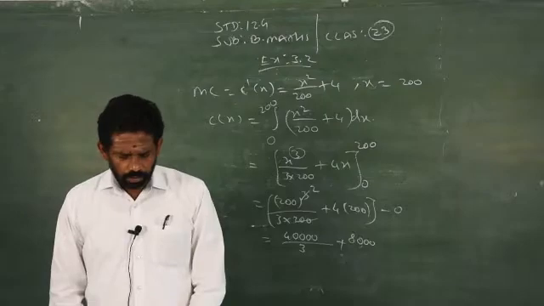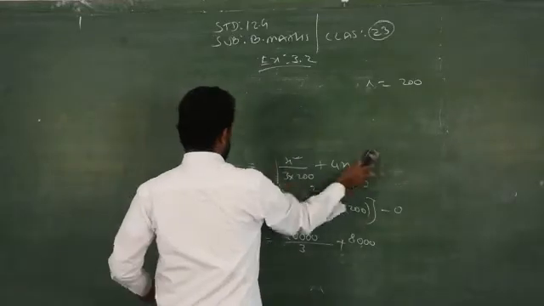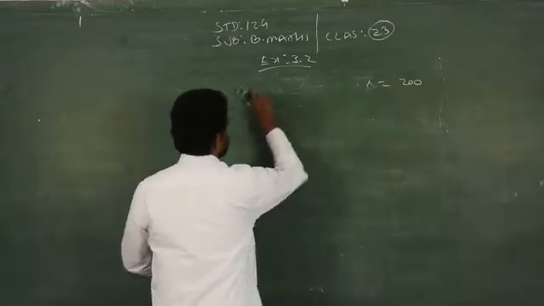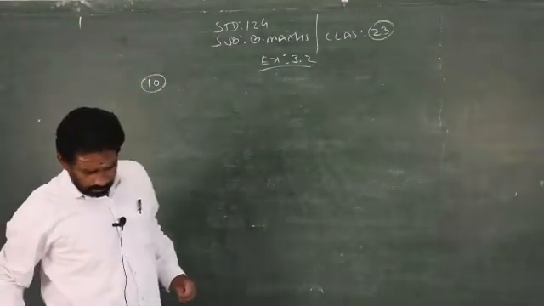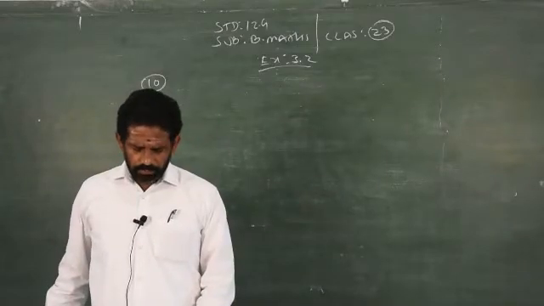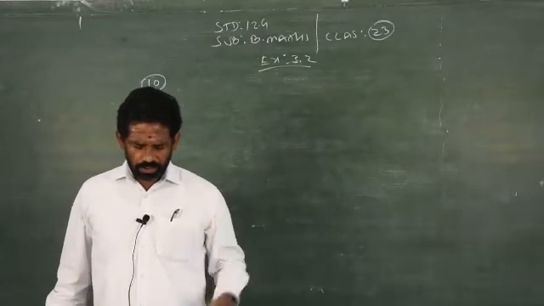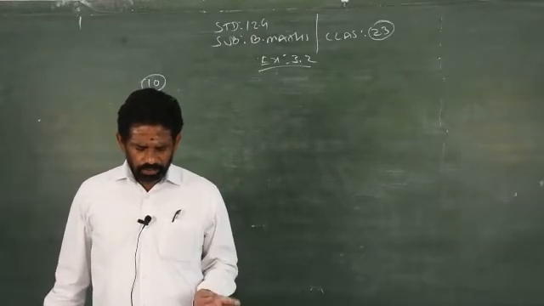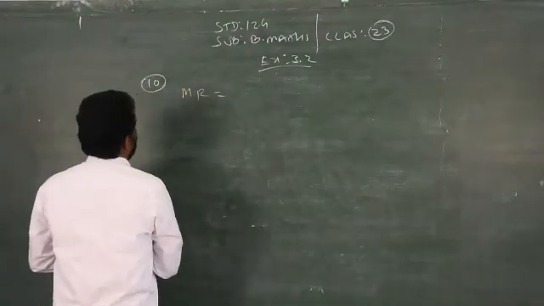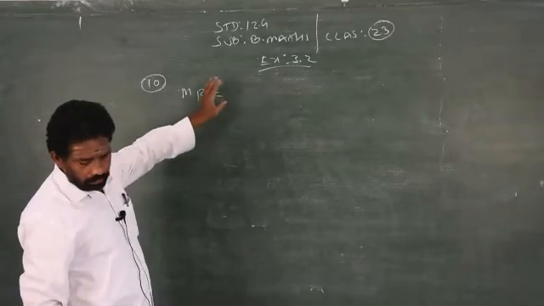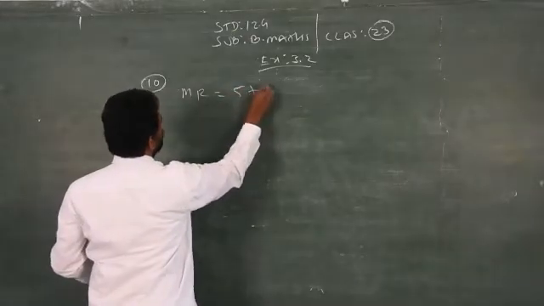Now, the sum number 10. Only few problems will lead some more steps, but remaining problems will be always the simple format. Sum number 10. The marginal revenue function for the particular commodity is given, where x denotes the number of units sold. Determine the total revenue from the sales of 100 units. Same, MR is given. Previously we learned about the marginal cost, but here it is given marginal revenue. Same, marginal means it will stand for derivatives.